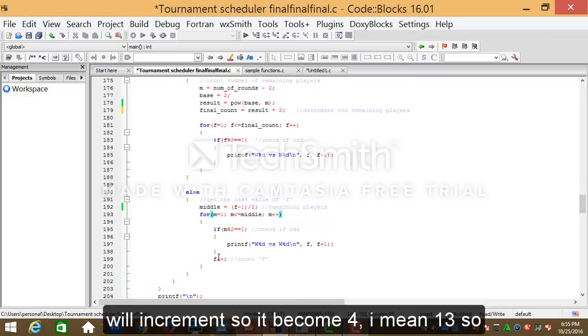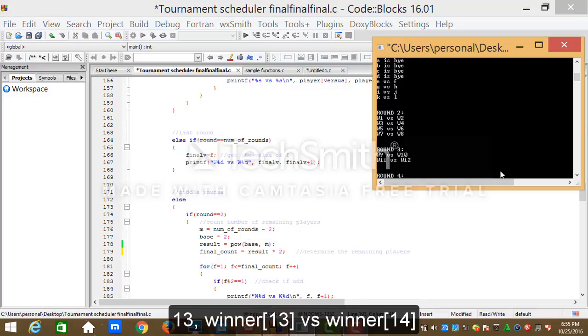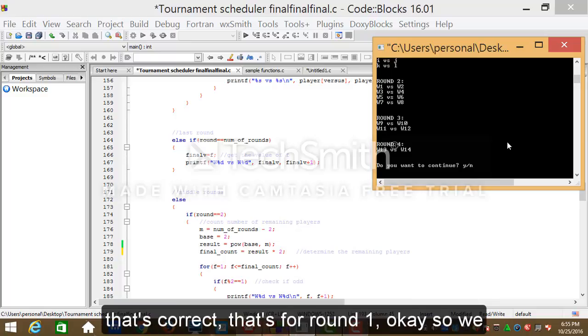Then it increments, so it becomes 13. So we print here, final B is equal to F, 13, so winner 13 versus 13 plus 1, winner 13 versus winner 14. That's correct. That's for round 1.